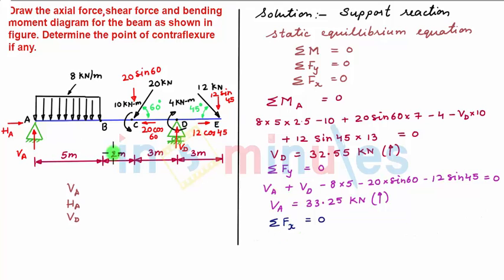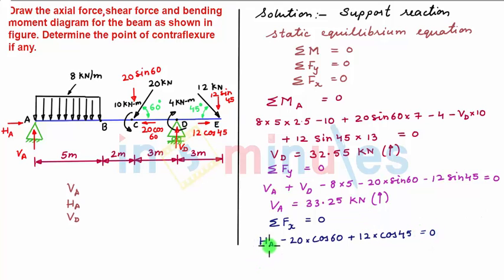Now we take into consideration all the horizontal forces. So our sign convention is all rightward forces are positive and all leftward forces are negative. So here we see we have the first rightward force, which is horizontal support reaction at point A. So we have HA. Then here we have at point C a leftward force of 20 cos 60. So we have minus 20 into cos 60. Then again at point E we have a rightward force of 12 multiplied by cos 45. So we have plus 12 into cos 45. Now these are all the horizontal forces acting on the beam. Let me equate it with 0.